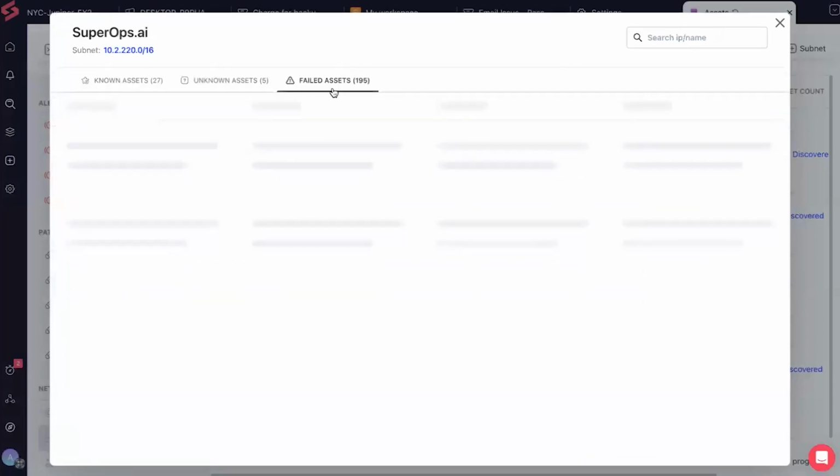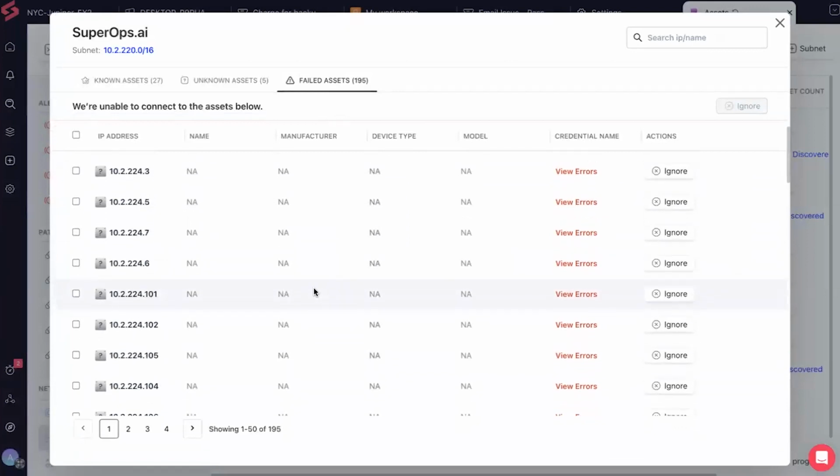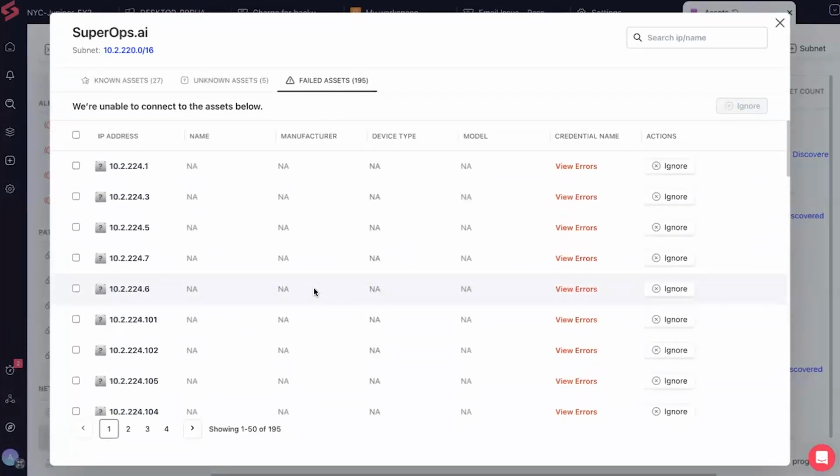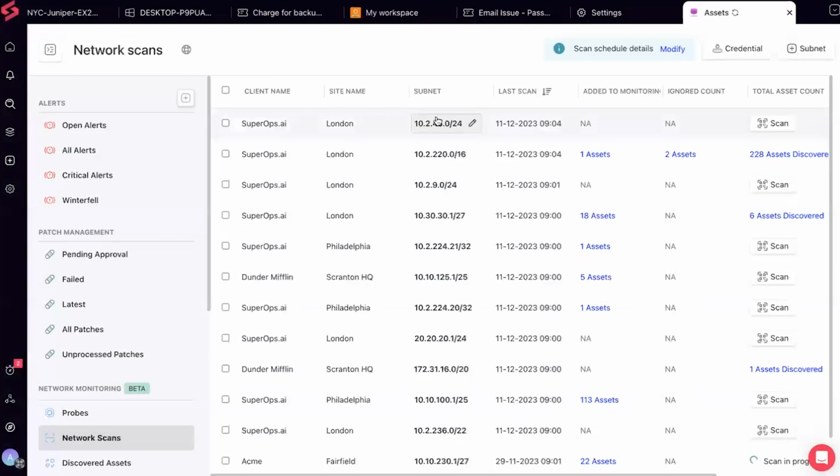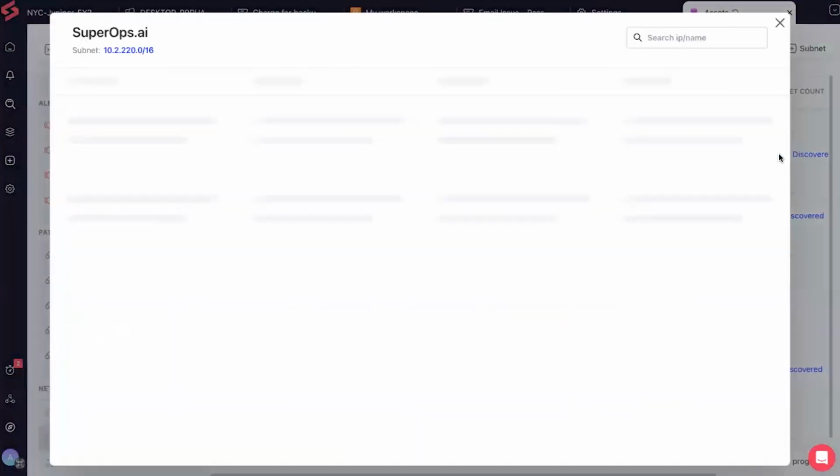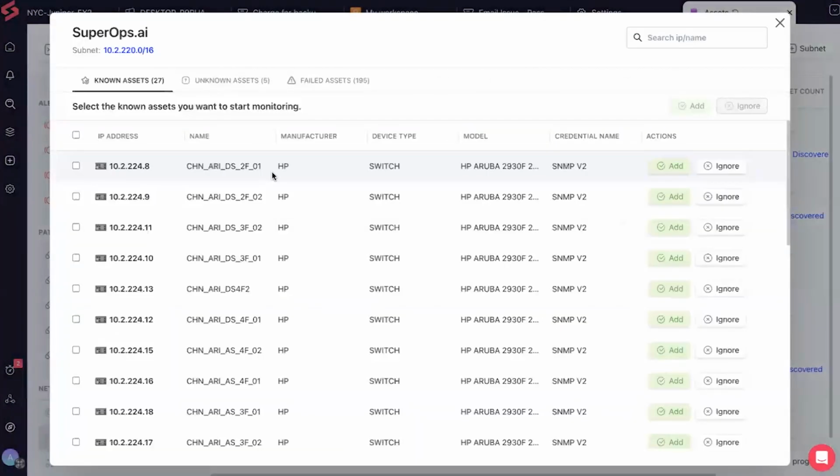And failed assets, of course, are those assets that don't have SNMP enabled, or they did not respond to the credentials, or timeout error. Multiple reasons could be there. The reason will also be listed here in terms of why we are calling it failed. So right now you would be able to discover all the assets that responded to your credential from the probe of the